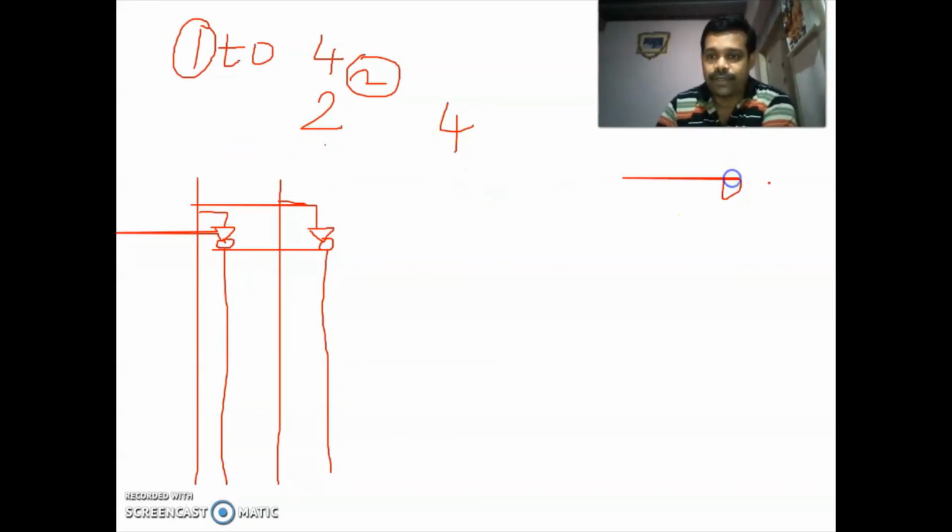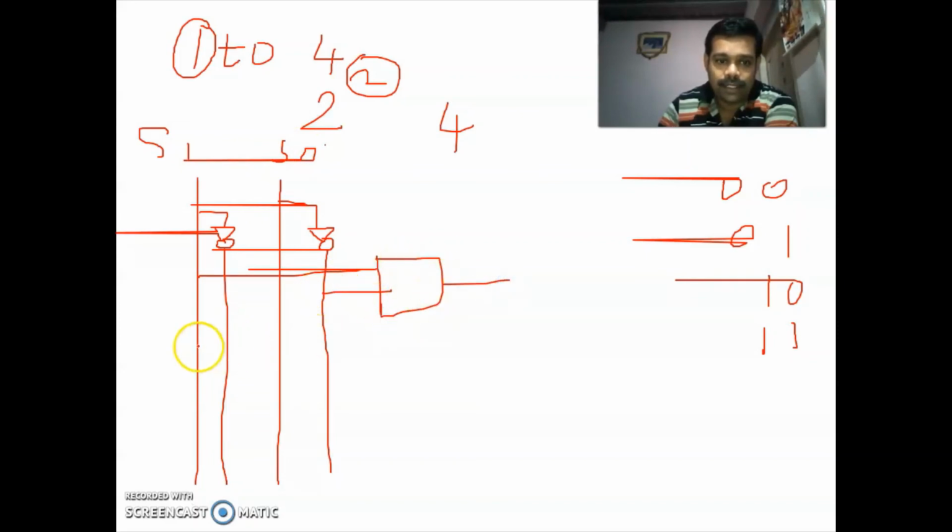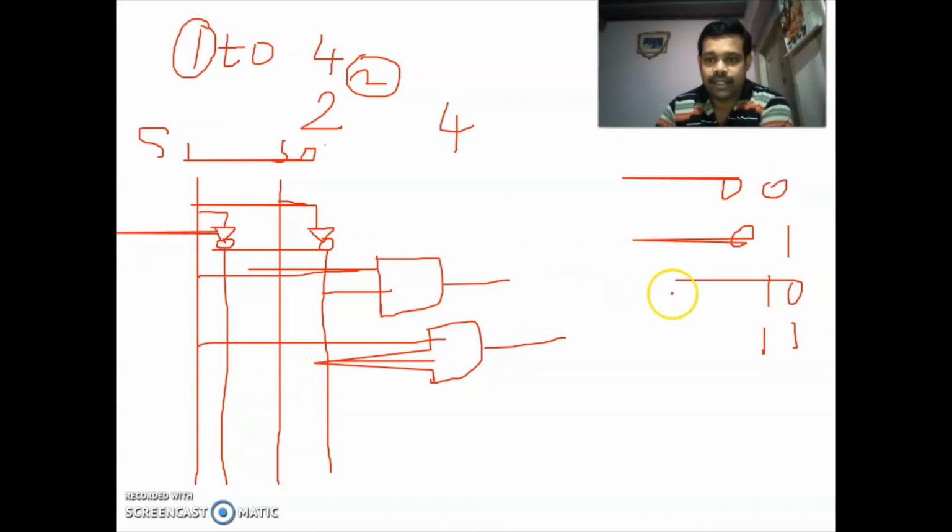If you have 2 select lines, then the combinations are 0 0, 0 1, 1 0, 1 1. So you take these as S1 and S0.